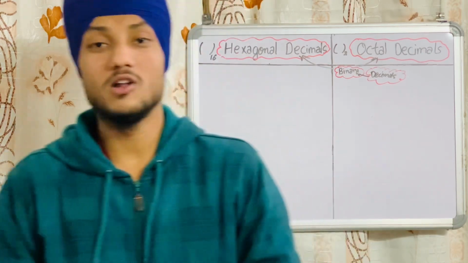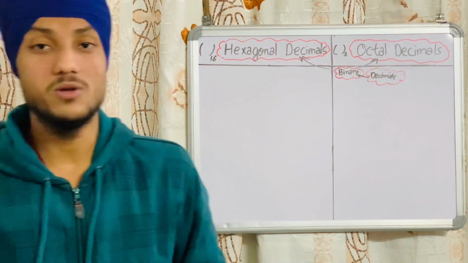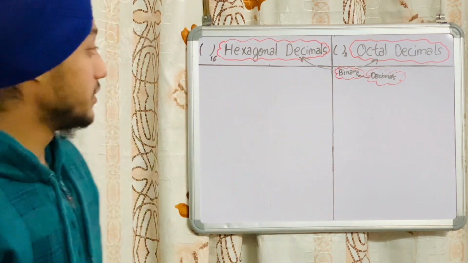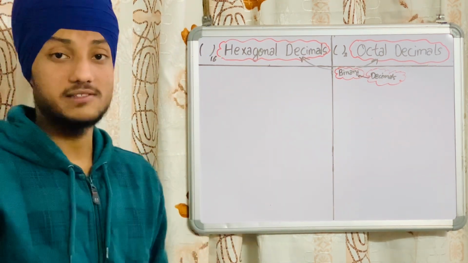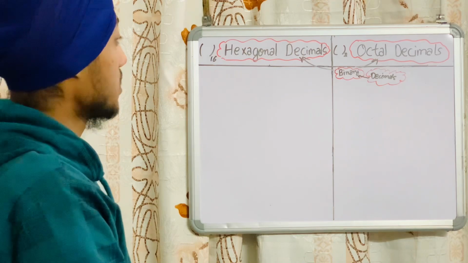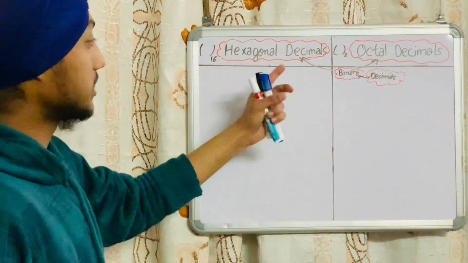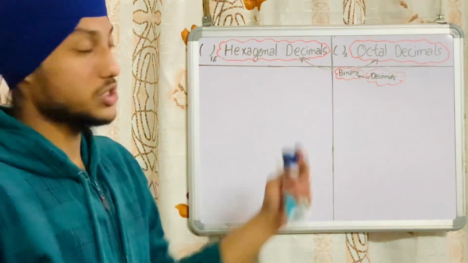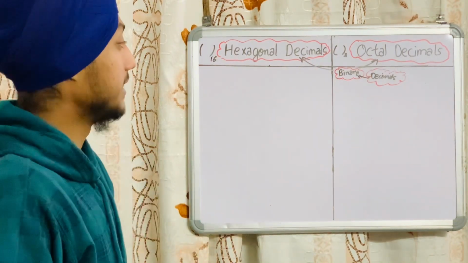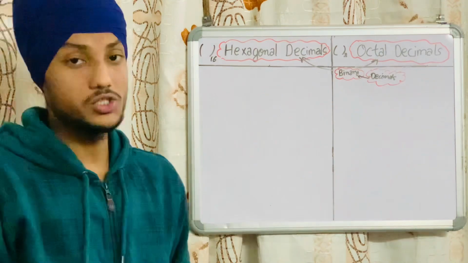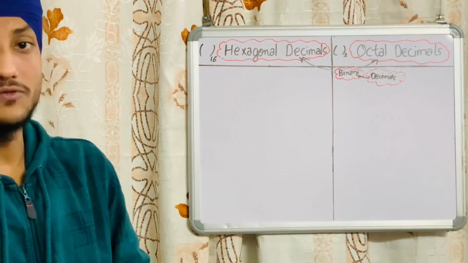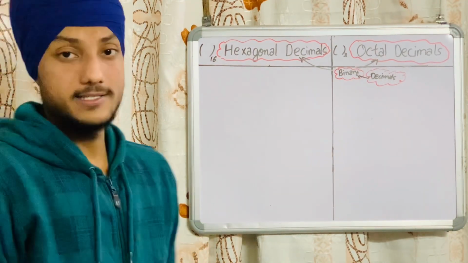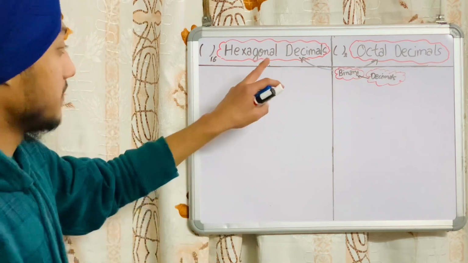Hey guys, welcome to all of you. This is Math Doctor, and today we are going to discuss number systems, which we have already discussed in the previous lecture, binary into decimal system. And today we are going to discuss the remaining two systems, and two we have already discussed. So there are four systems in number systems which we are discussing in this series, and let's begin with hexadecimal